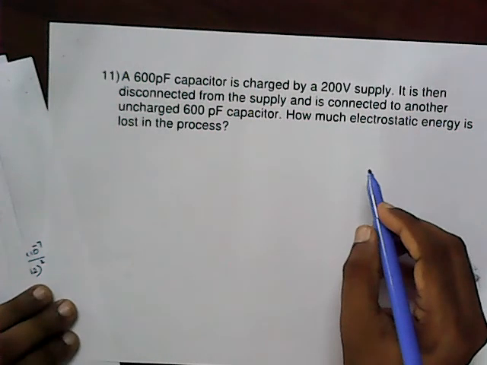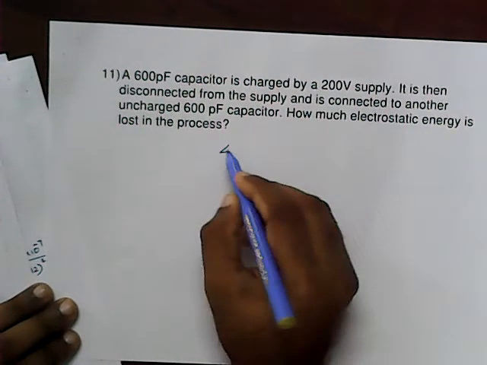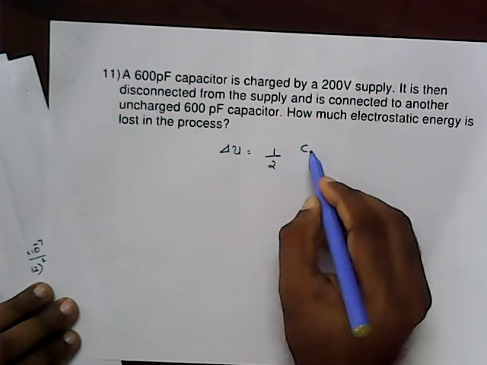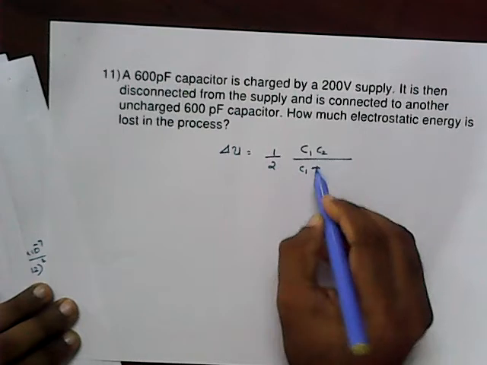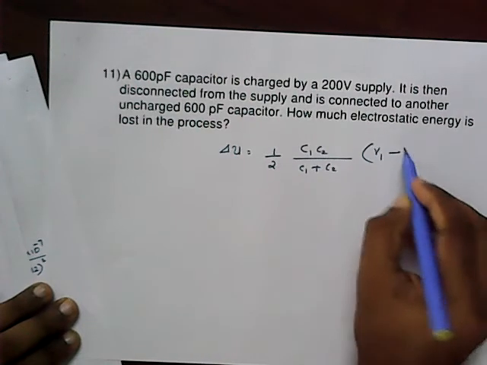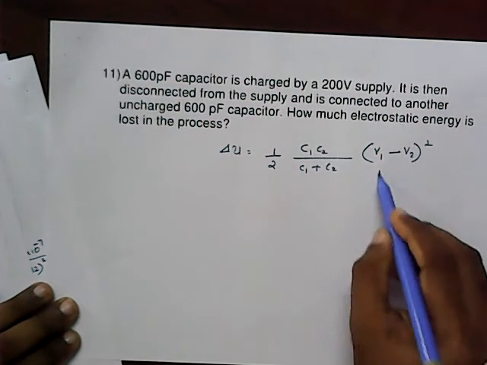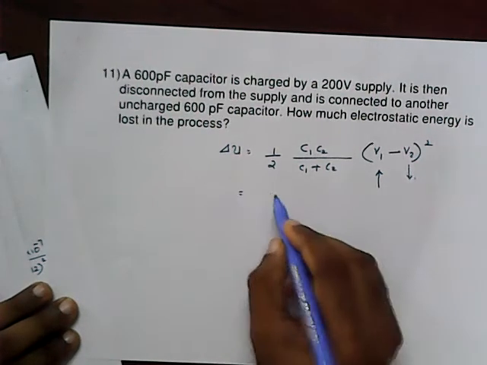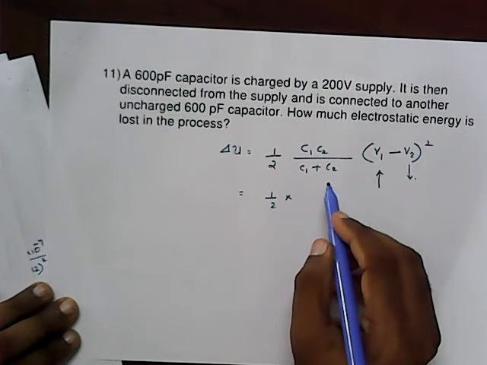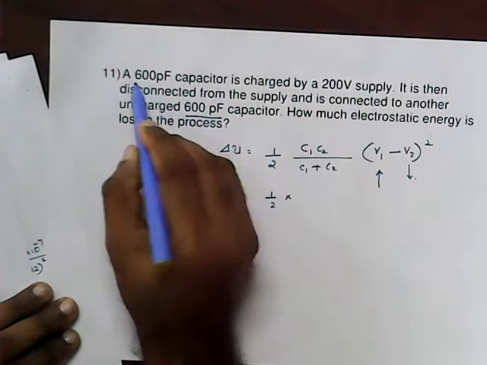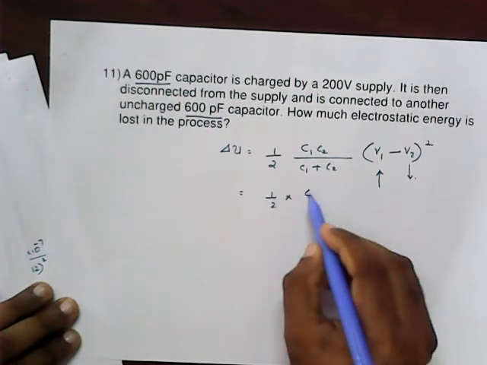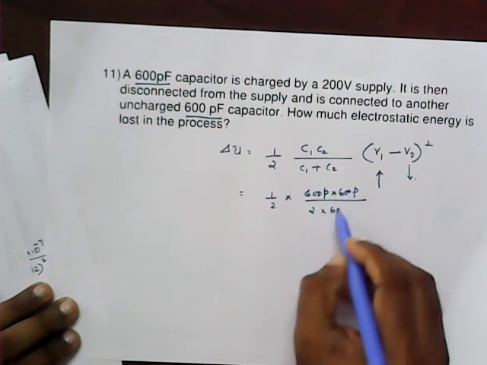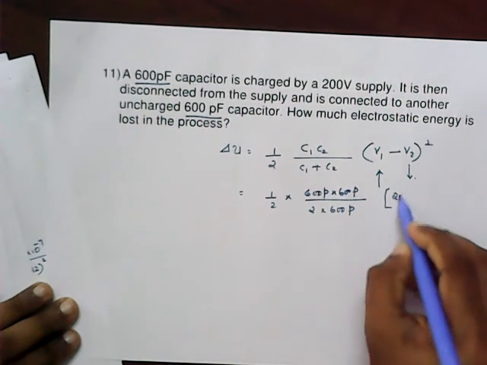We already discussed that concept, and we derived that the loss is equal to, that is a very important concept, half C1 C2 by C1 plus C2 into (V1 minus V2) the whole square. And here V1 is the 200 volt supply, but V2 is 0. Hence we can write half into, both the capacitors have the same value, so C1 is 600 pF into 600 pF, divided by 2 into 600 pF, that much into (200 minus